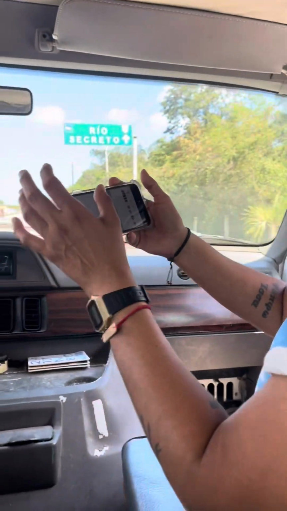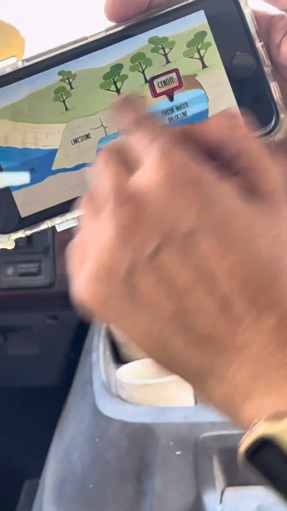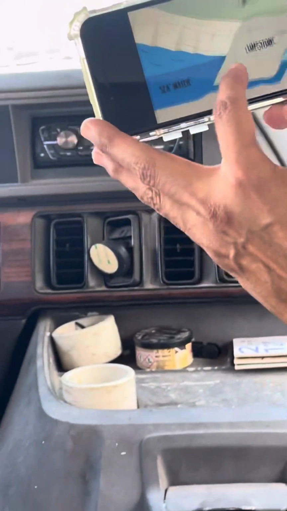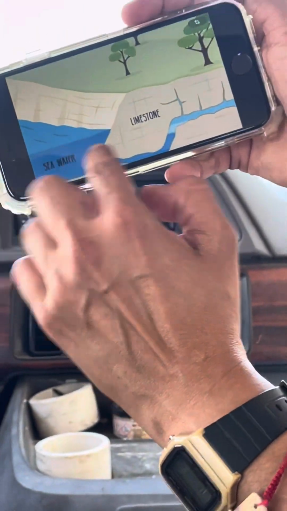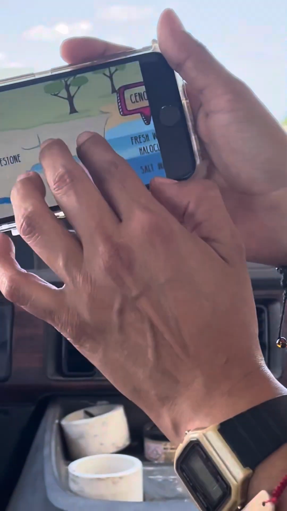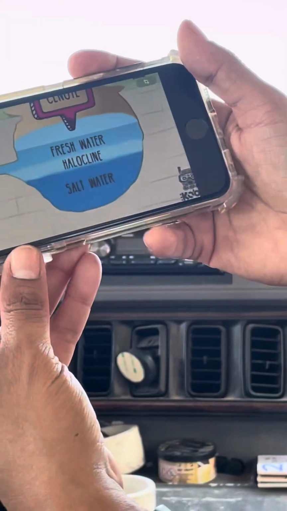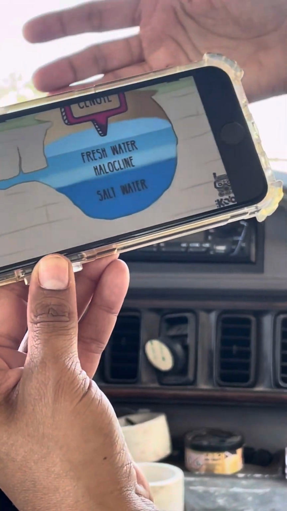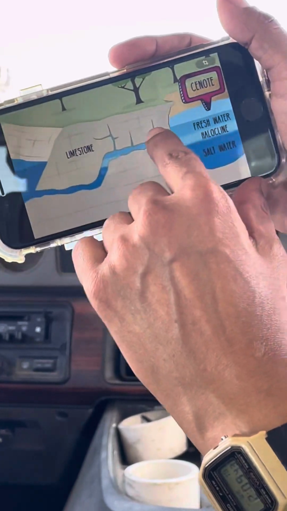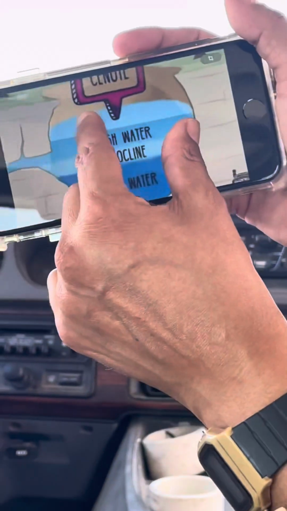This is just like a little drawing that I like to show. Imagine this is the jungle, right? I mean, there's a few trees, but we're in the jungle. This is the sea, that's the beach. Limestone, because all of this is limestone. It shows you that at some point the fresh water, because this is rainwater, is fresh water. The rainwater filters through the limestone,